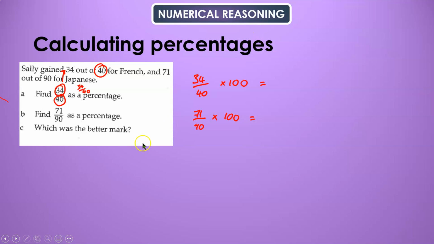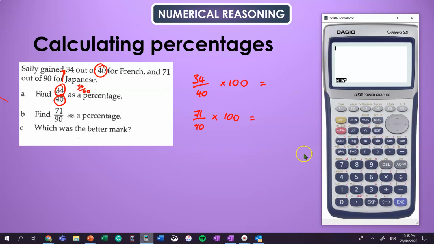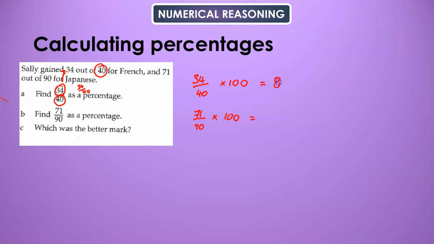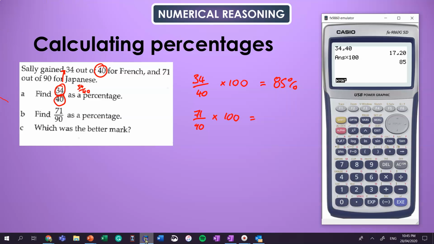Put it into your calculator, times it by 100. And that's the same if it was a decimal. So 34 over 40, equals, times 100, which gives us 85. So she got 85%. Make sure you include the percentage sign. 85% in the